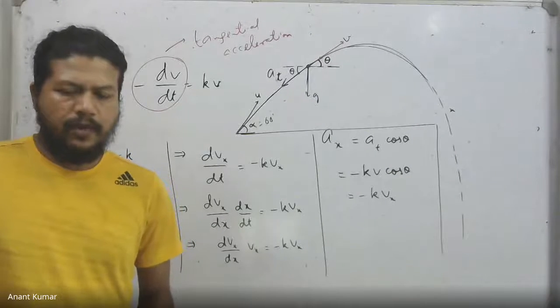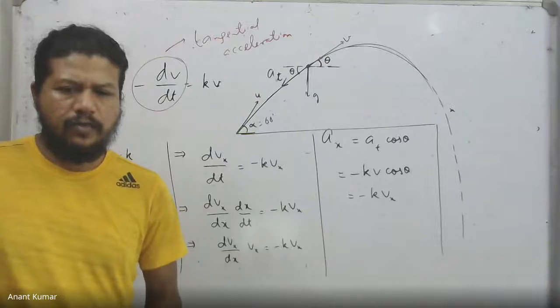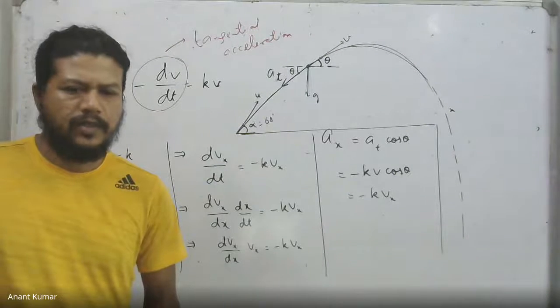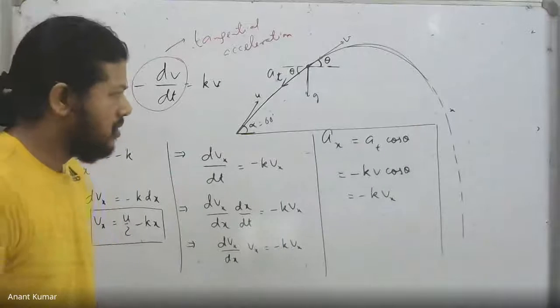Anyway, as far as the answer is concerned, that is okay. We have got this. However, let us try to see what happens. Sir, you told us about the small part as ds, that part I did not understand, meaning you have taken a small part of the path and then you have taken that ds.